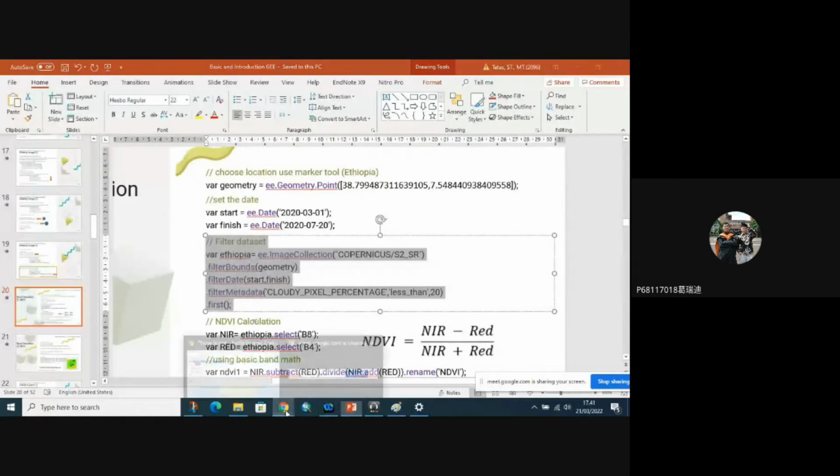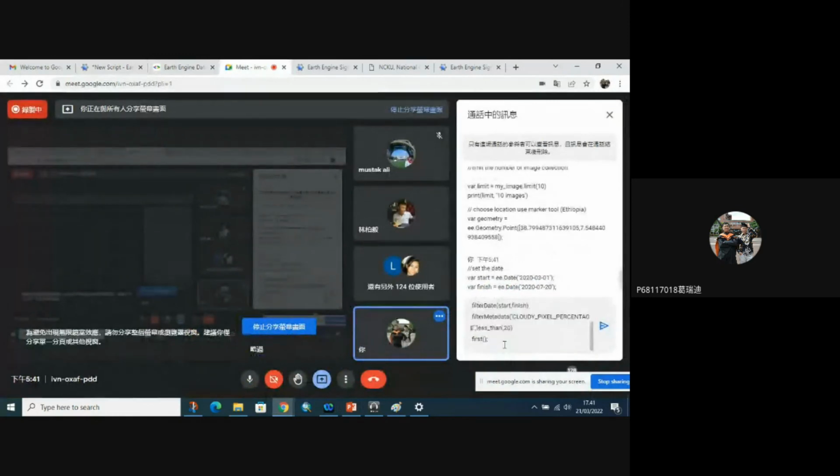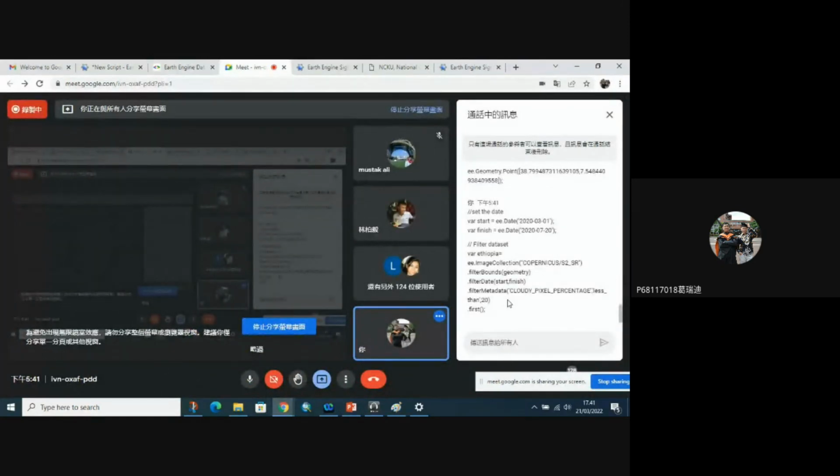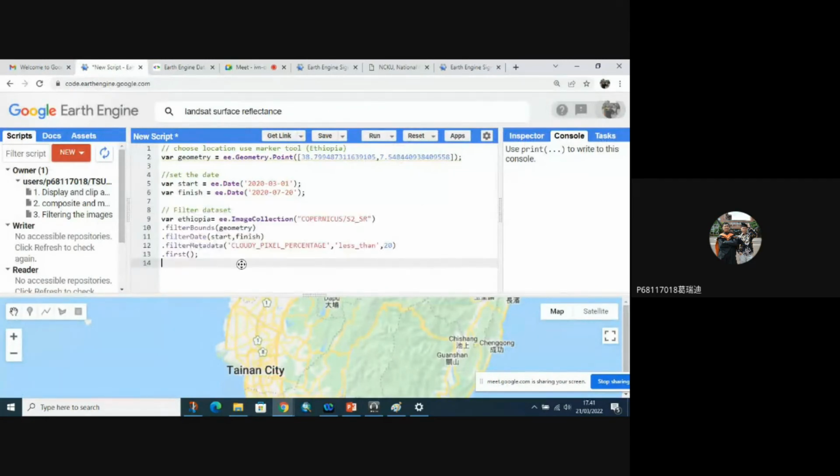Ethiopia. We filter through this point and filter the date from March to July in 2020, because we use the